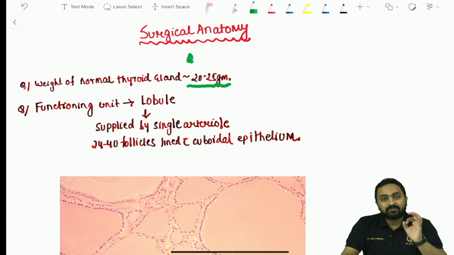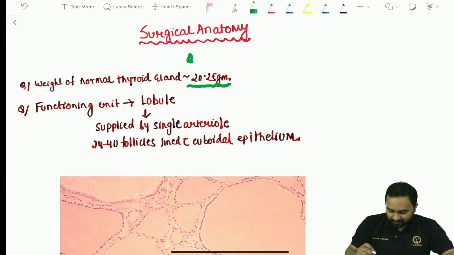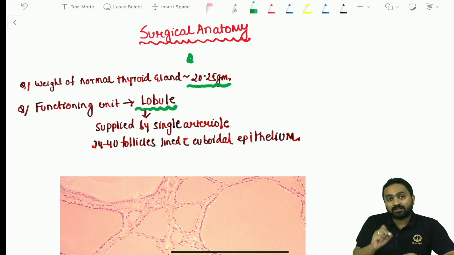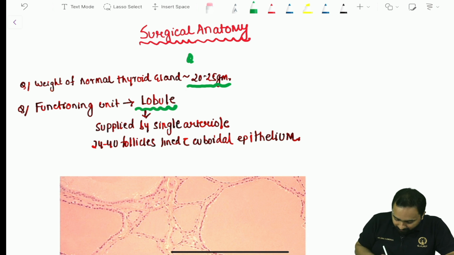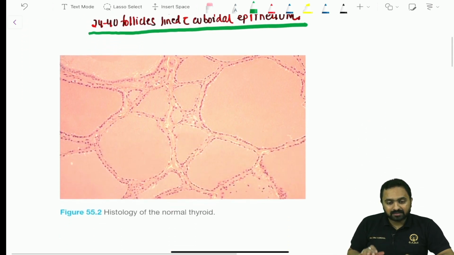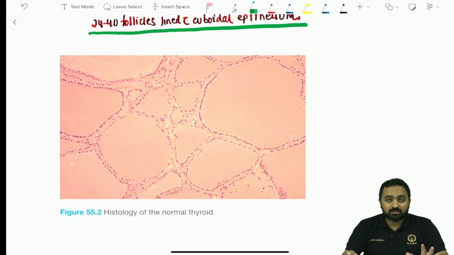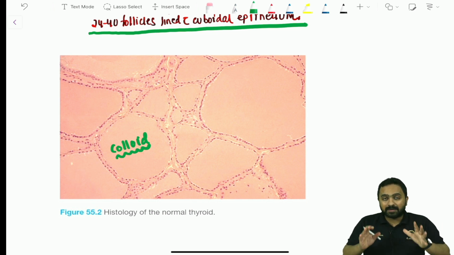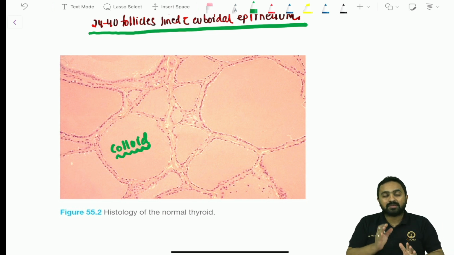Right. Now the functioning unit of the thyroid gland is the lobule. This is supplied by a single arteriole, and there are 24 to 40 follicles lined with cuboidal epithelium. If you look at this histology picture, it is of a normal thyroid filled with colloid material. These are a few basic questions from anatomy that have been asked, and hence you should not be missing